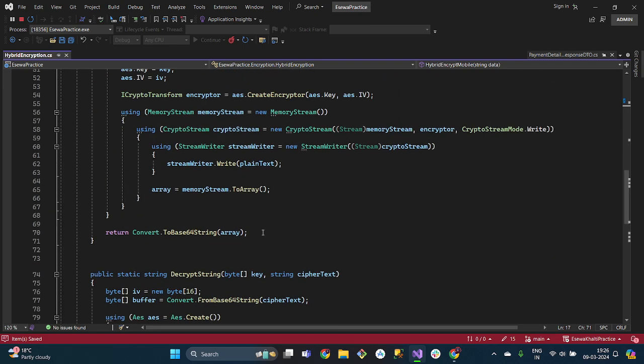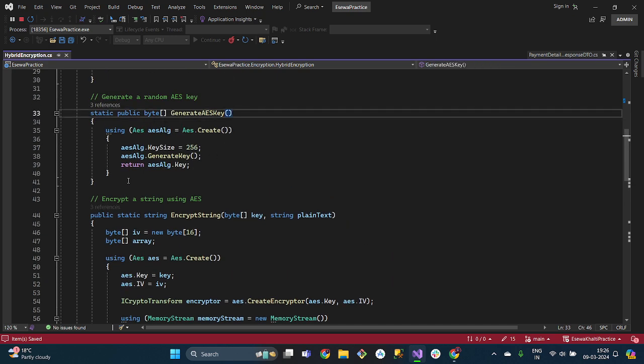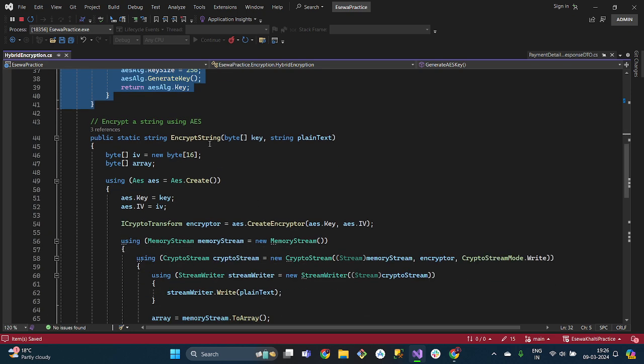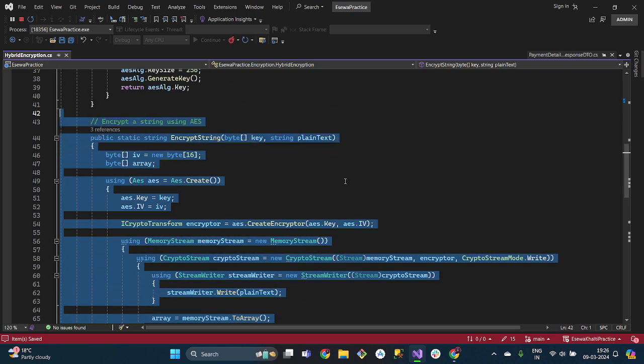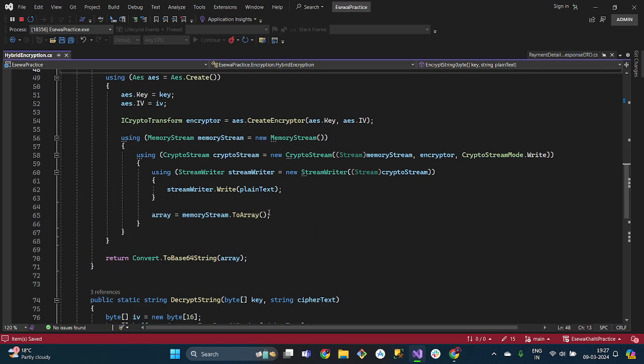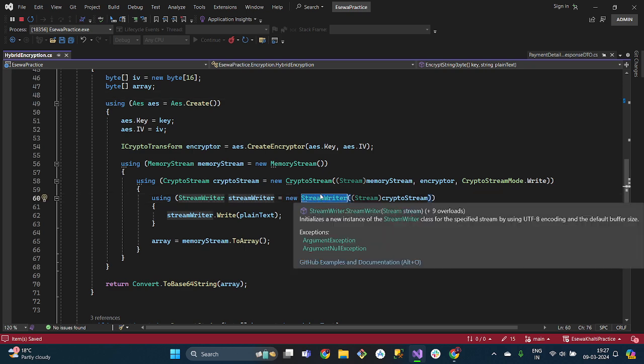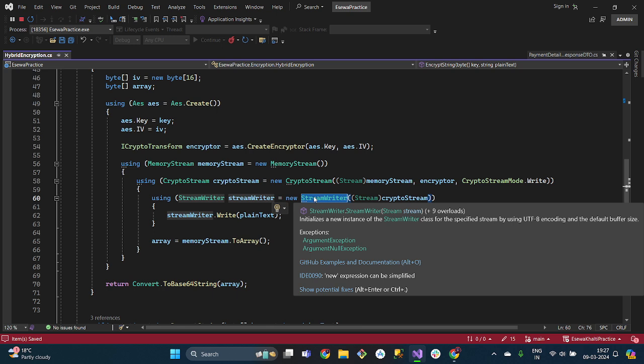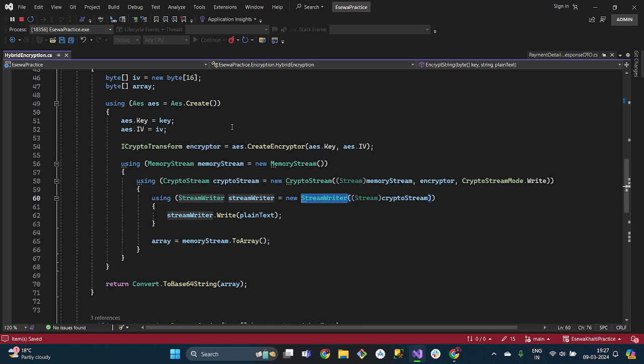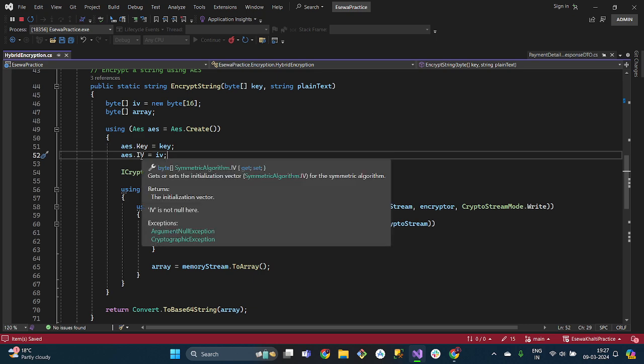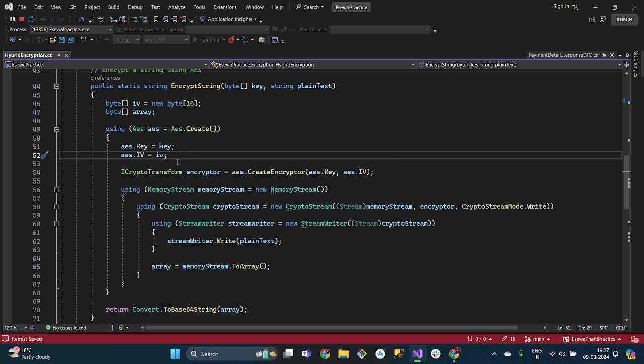As you can see, this method will generate an AES key. This method requires data, and this method requires that AES key and data, and then it will encrypt any amount of large data. As you can see, it will just stream, so encrypting a large amount of data is no problem in this code. I don't know much about this IV, but from what I know, with the initializer vector, every time it will return a new kind of encrypted value, so that the hacker cannot